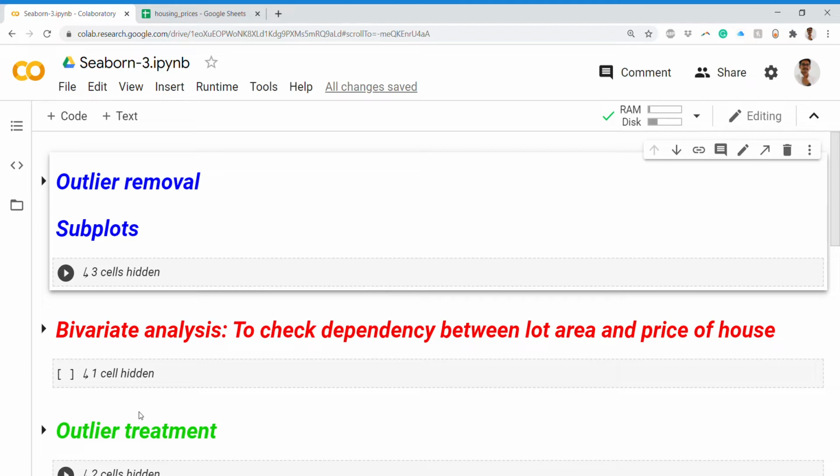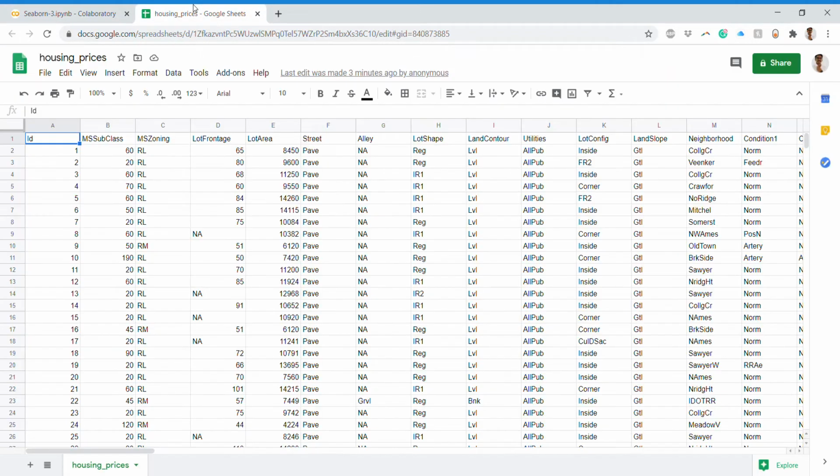For this particular task, we basically require many columns and many values, so that will be a huge data set. For that, I've again visited Kaggle, and from there I have this particular data set for which we'll be doing the discussion throughout this video. That is nothing but the housing prices.